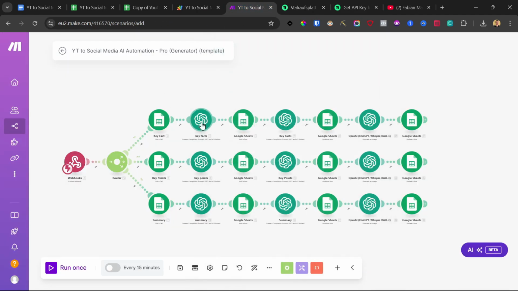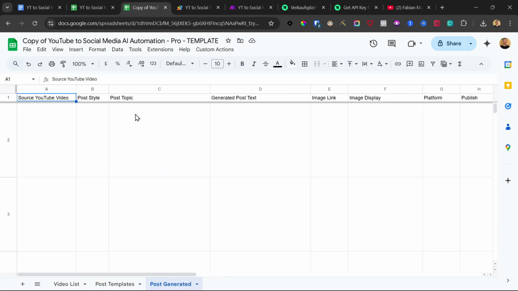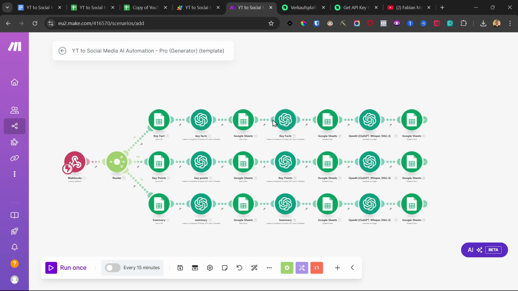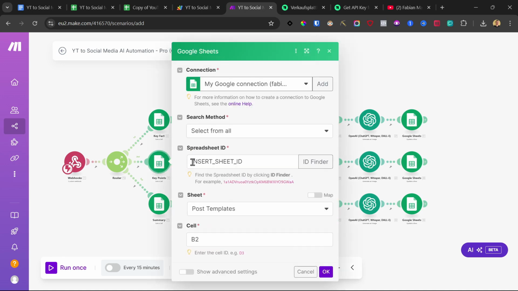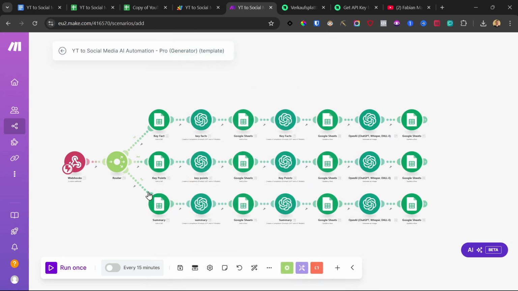And once it has the summary or the key facts, now it saves it first in our Google Sheet. So this will be saved under post topic, and then it will generate the post text, save it again into Google Sheet, then generate the image and save the image also into Google Sheet. This is how it works. So the only thing we need to change here is to replace the Google Sheet ID here with the one